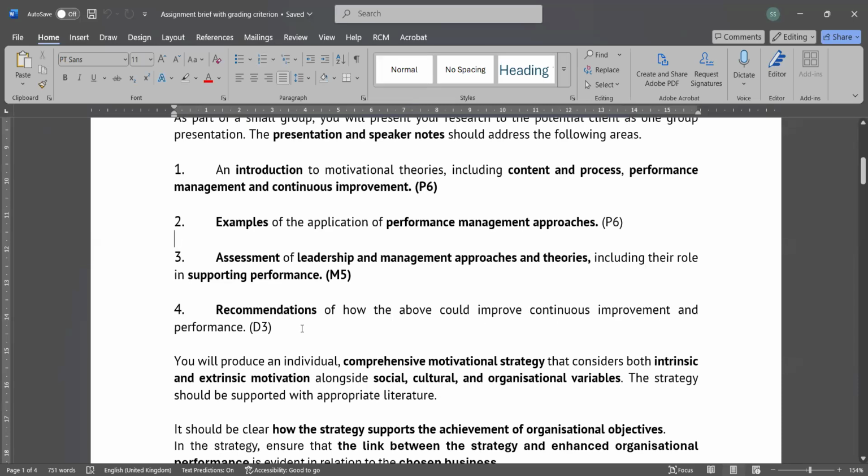Maybe you are recommending one of the theories, which one is the best for a certain organization, or how they can improve the performance in the organization. From either angle you can give your recommendation. It is totally up to you.